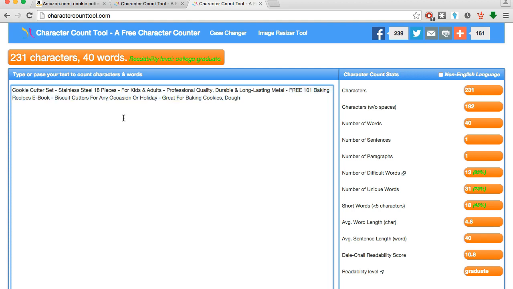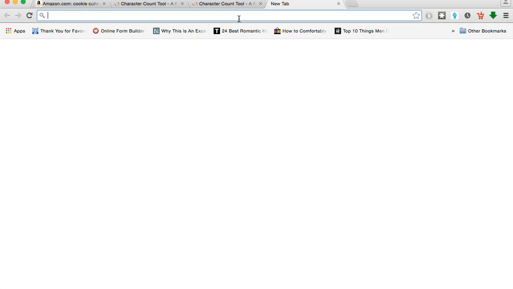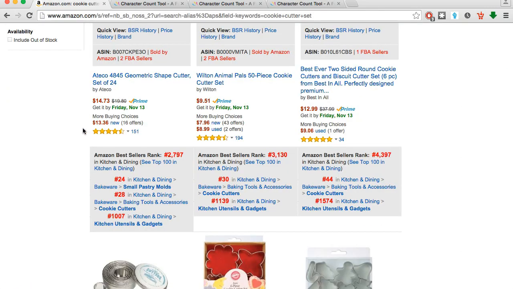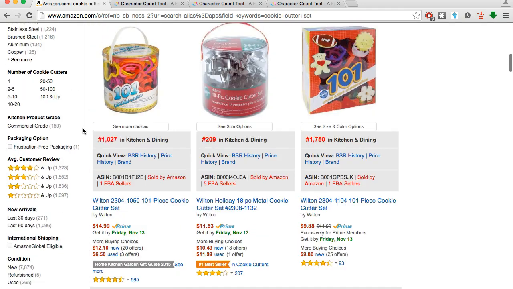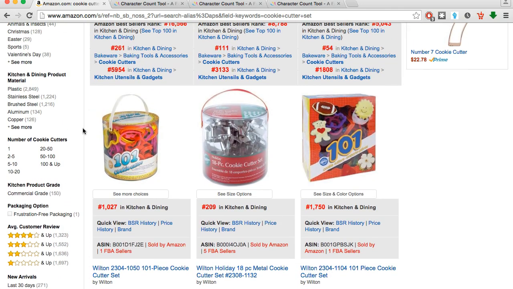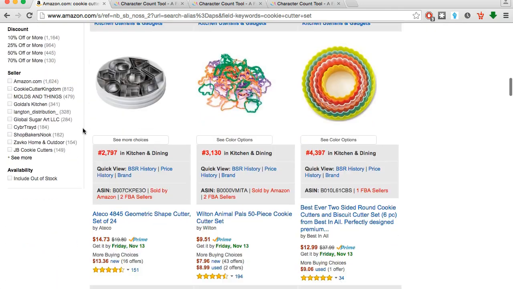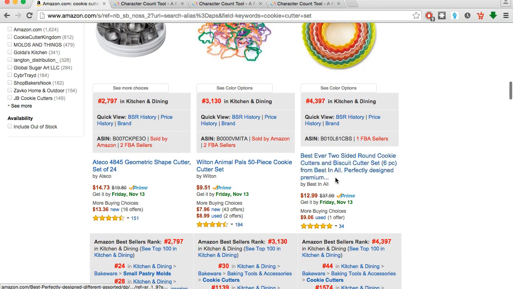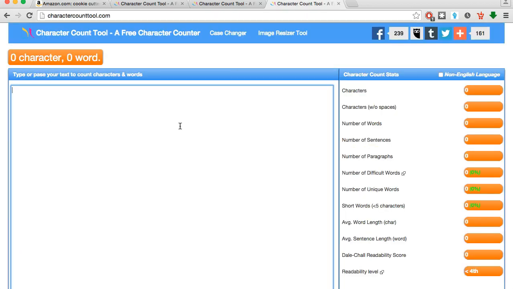free. Okay, so we can put this in our title. And now let's see where the titles cut off. This is going to be very interesting to look at. So I'm going to open another tab for charactercounttool.com. I'm going to go to the search results for cookie cutter sets and see where it cuts off. I need to find a title long enough that I see the three dots at the end, and if I copy this and paste it into the character count tool and